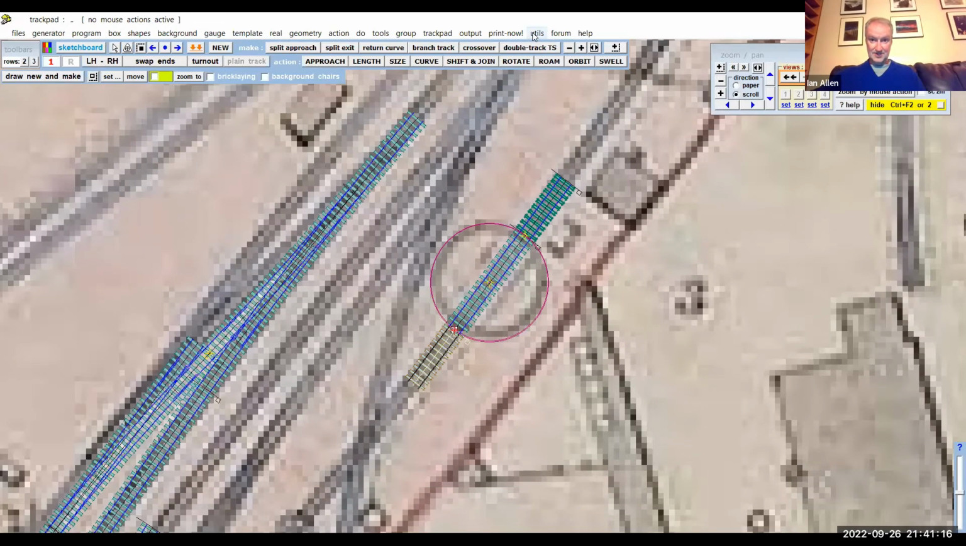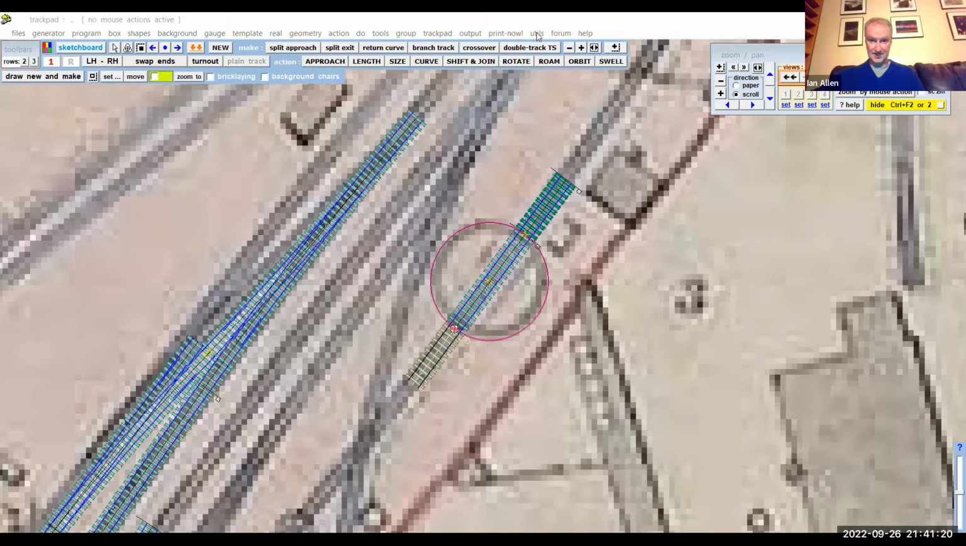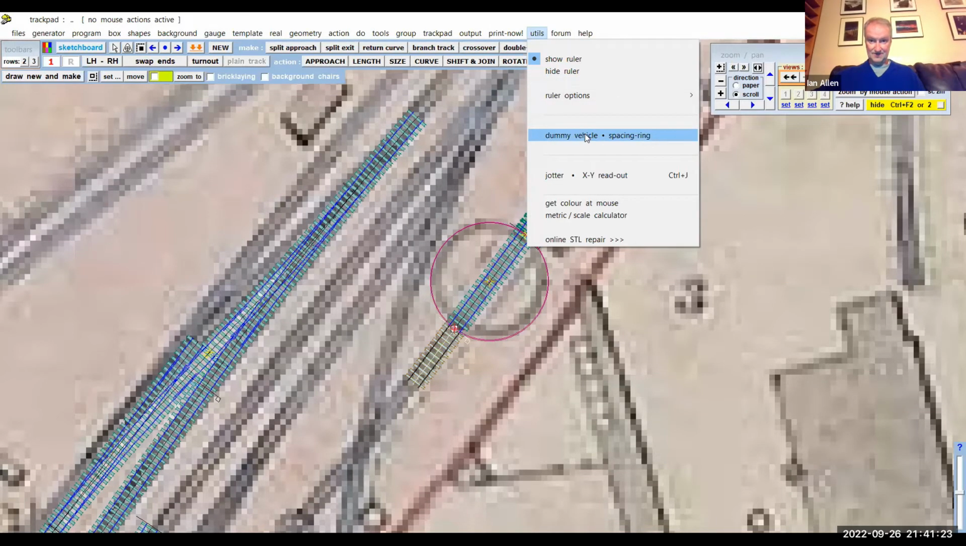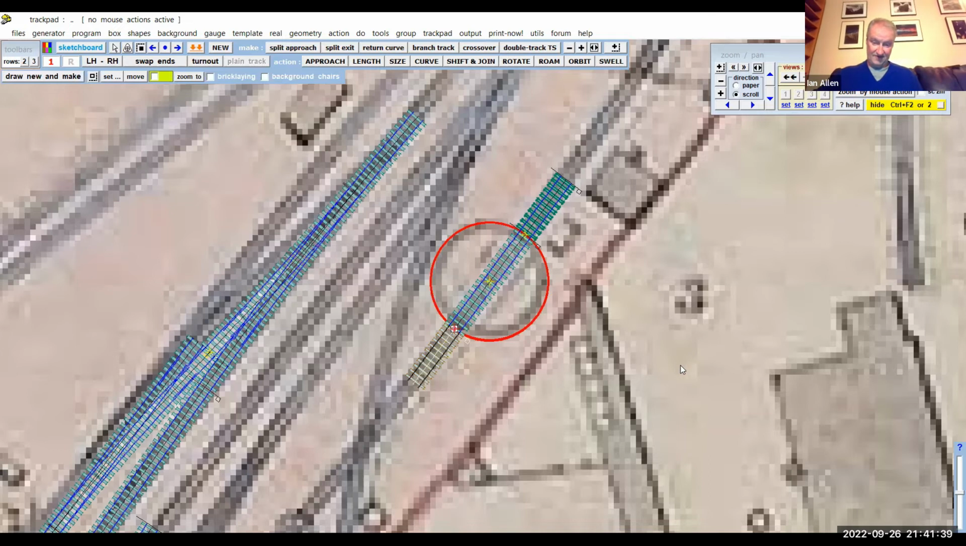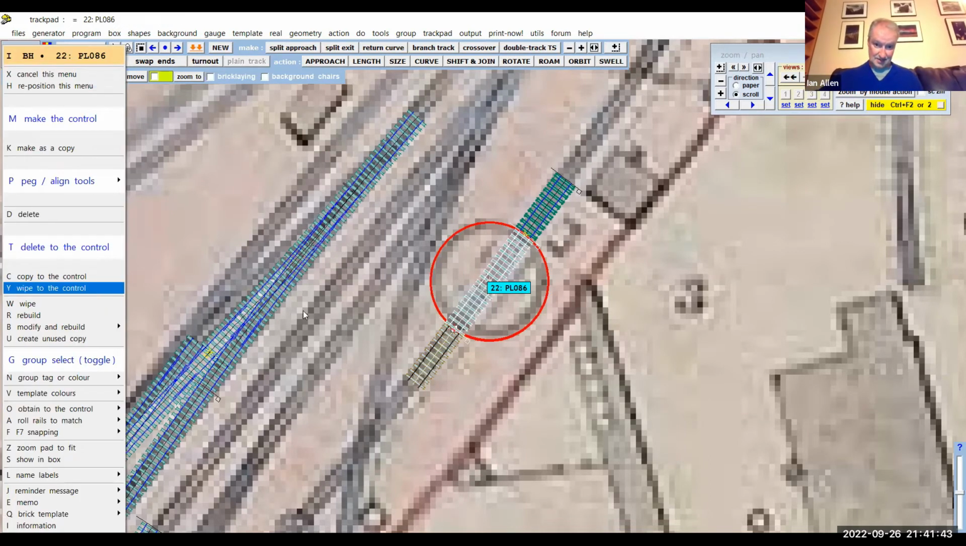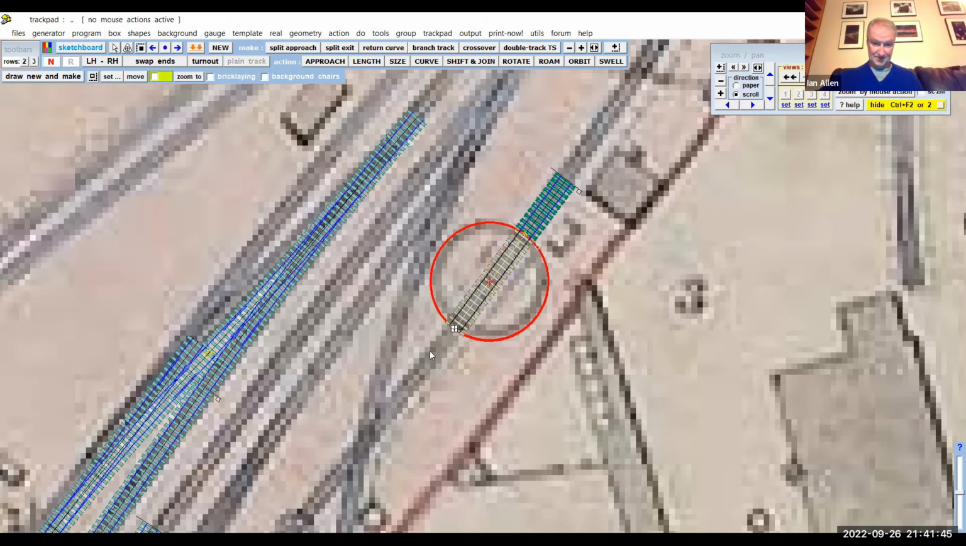If I go back to utilities, the drop down box again, the dummy vehicle spacing ring box, make background shapes from ring, so circle shapes. We've now got a highlighted circle, which means I can hide the original circle; it's there for reference. And if I go back to selecting the piece of track in the middle, that one's disappeared. If I rotate around the peg again,